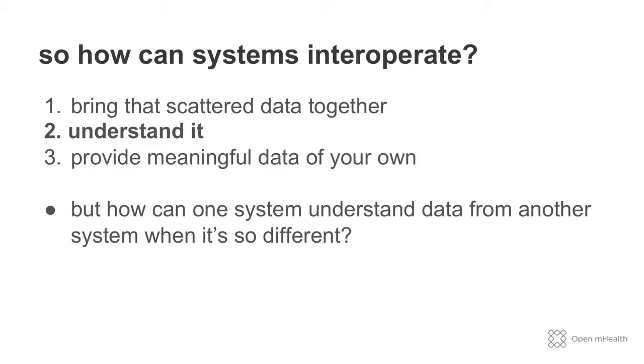So the big question, in the face of all this, how do systems interoperate? Well, the general trend is if you want to work with data from multiple places, you bring it all into one place, you make sure you understand it, you operate on it, and then you don't become part of the problem. So when you provide that data to somebody else, you make sure it's meaningful. But how do you understand data? Now, I can talk about how we understand data in telecoms and payments and other health places, but I have to draw a completely different analogy, which strikes pretty close to home.